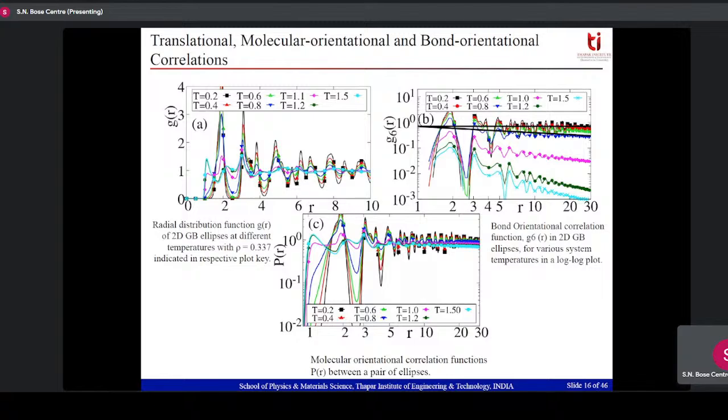At the end of the next session, around 1 p.m., there will be a group photo. Today we will all go down to the lawn. We will guide you, and a group photo will be taken. And the last thing is today the last session ends at 4. There will be tea and coffee outside, and after that we have a museum of archives where some old letters from Professor S. N. Bose and those things are kept. So that museum will be open from 4. You are welcome to visit.